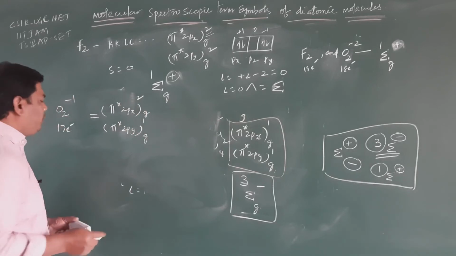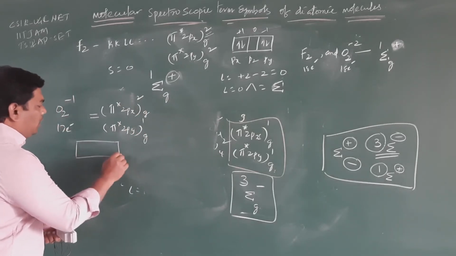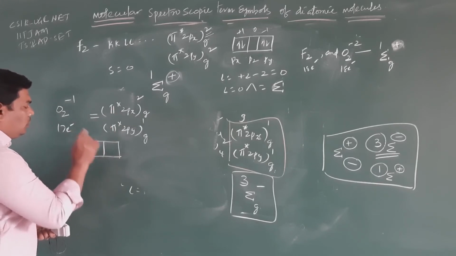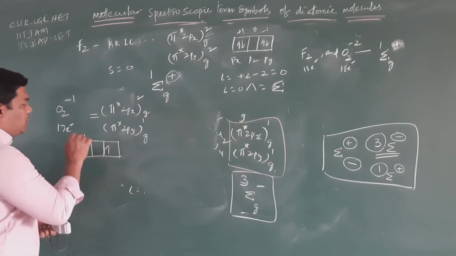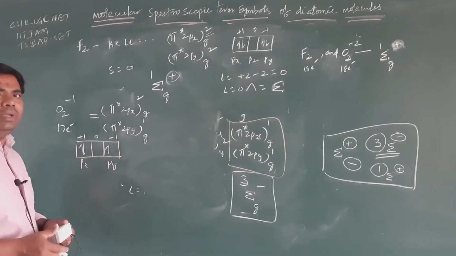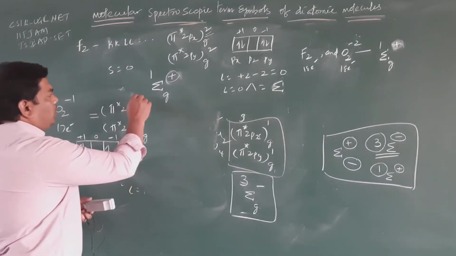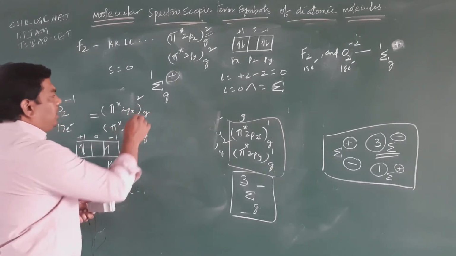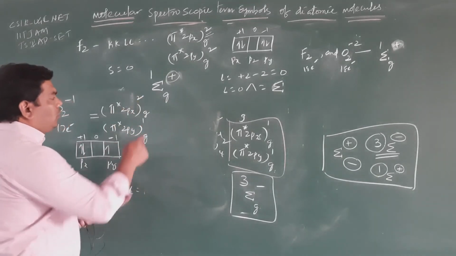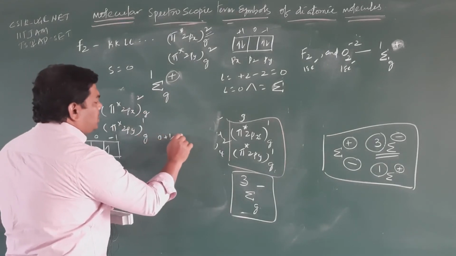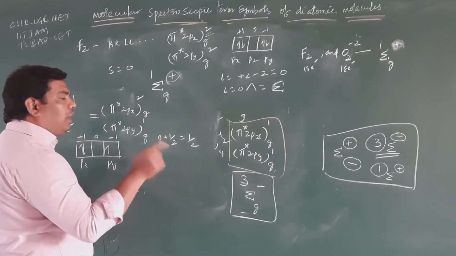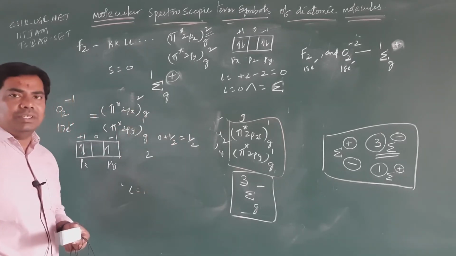Okay, right, student. First of all we will calculate the spin multiplicity. Here the values are plus 1, 0, minus 1 for px, py. Here you can see 2, 1. For the paired electrons the spin is 0, but for the unpaired one the spin is half. So 0 plus half is nothing but half only. Therefore spin multiplicity is 2 into half plus 1, so the spin multiplicity is 2.